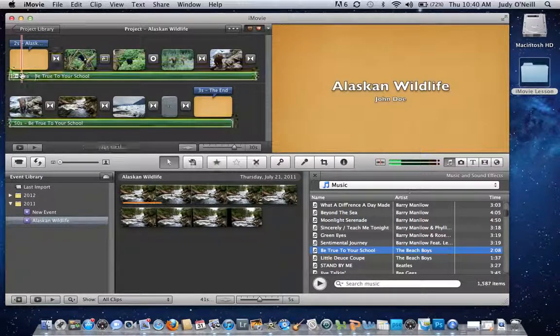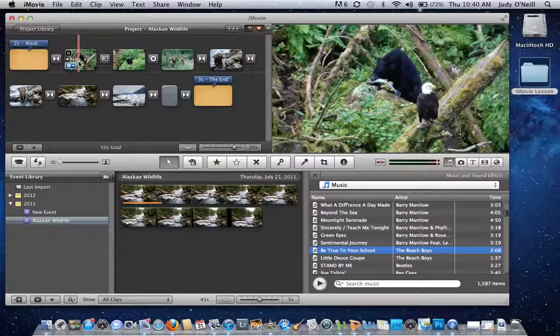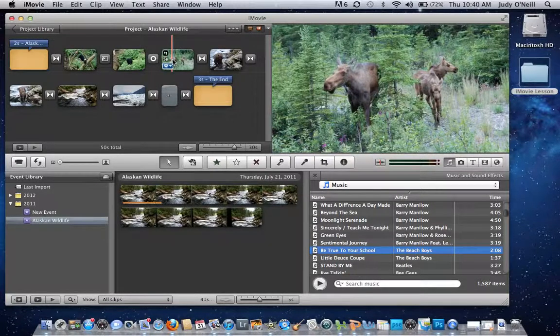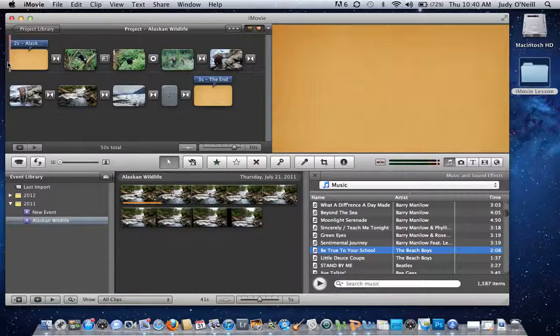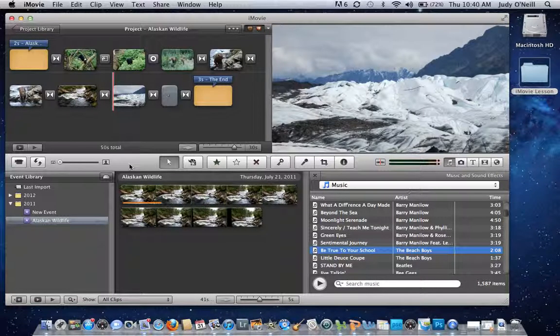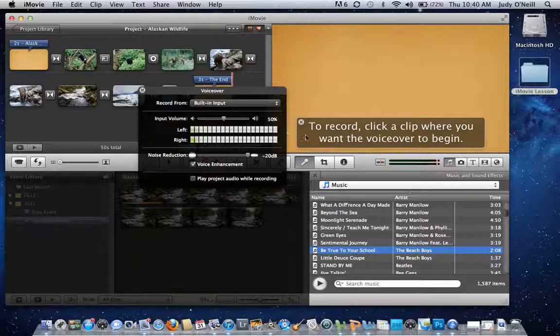But for the sake of this, for example, if a student's doing a project, maybe they want to do a voiceover to explain all about the black bear, all about moose in Alaska, all about the brown bear, etc. Put your cursor where you want to begin and select the microphone on the toolbar in the middle. Click on the microphone. Okay, now to record, where do we want to begin the voiceover? I want to start right at the very beginning, so I'm going to click here,